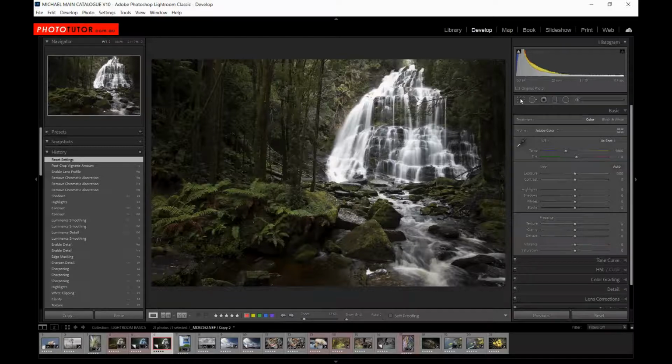And the second thing we then look at is to set the overall tonality of the image, and we do that not by using the exposure tool, we'll come back to that later, but to set the black point and the white point. This example was taken in the rainforest area in Western Tasmania on an overcast day, but even so, the brighter areas of the waterfall really tended to blow out, so I've had to adjust the exposure in the field so that my white areas of the image were not overblown,